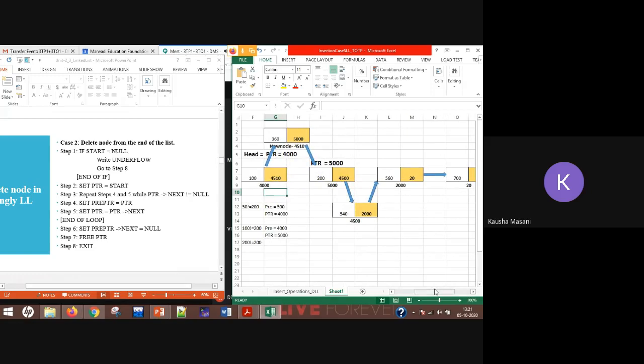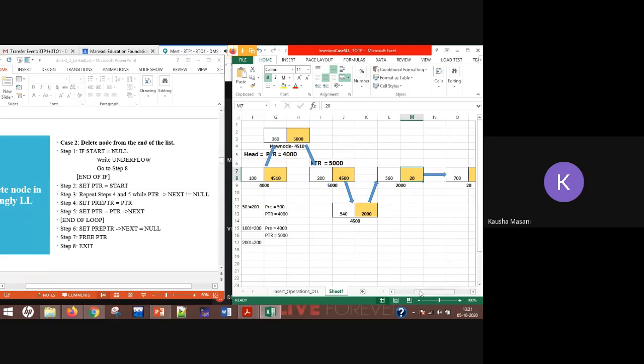Now what I need to do, I need to traverse it. With the help of what? With the help of a while loop having condition PTR of next is not equal to null. That means the pointer value of my node should not be equal to null. If that condition is true, then I need to move my PTR forward. Okay. Now see, along with PTR, I told you that I also need to update this value also.